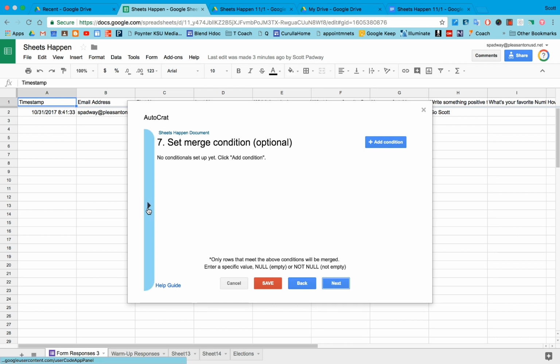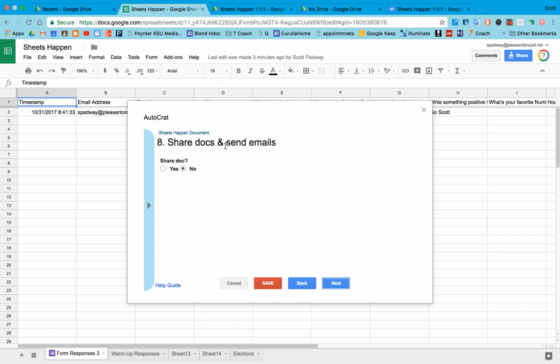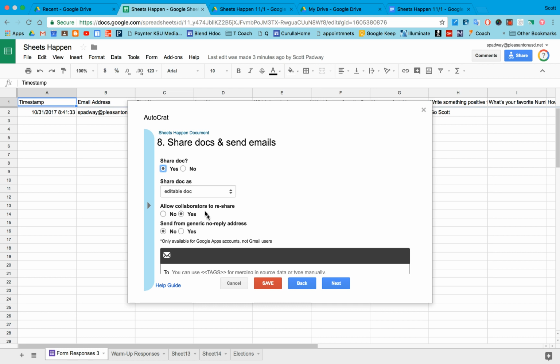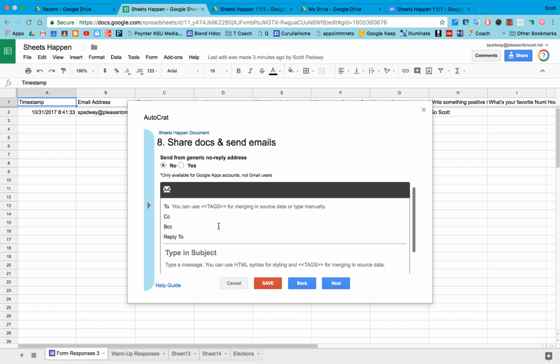Now I can set merge conditions if I wanted to. I'm going to have this go to all rows, so I don't need to set merge conditions, but this is where you can set it. If in this column it says yes, create this document. I do want to share the doc and send emails, so I'm going to share it as an editable Google Doc, and I'm allowing collaborators to reshare because I really want this to be theirs and I don't want it to be mine. So in the to column right here,